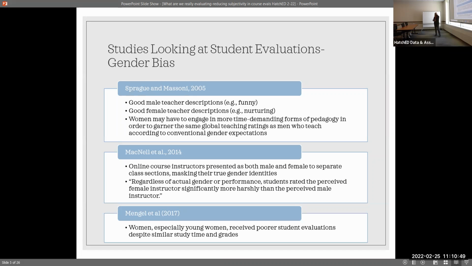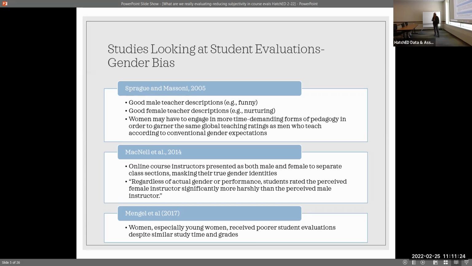So here are some studies that I found. I highlighted only a few. Again, there's thousands out there. But these are studies that look specifically at gender bias. And there was a study by Sprague and Masoni in 2005 that looked at the way students evaluated their instructors based on the way they described them in subjective words. So wherever there was an open-ended question about the faculty member, they would take those subjective statements and pull out